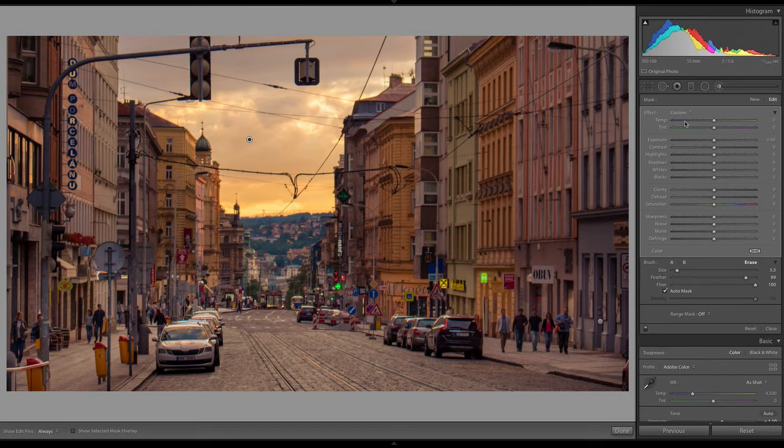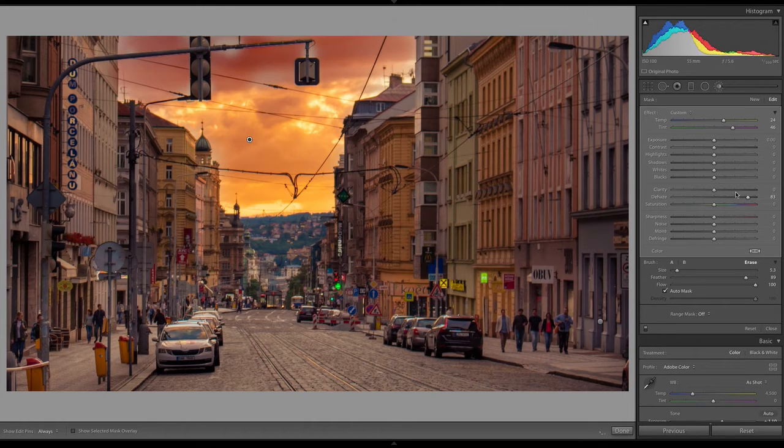And I'm going to either play with temperature or color to add even more warmth or more color to this sky. Now I'm not sure if I want more warmth with just the temperature slider. I might also want a little bit of magenta in there as well, because the magenta kind of balances with these buildings over here in that pink that we added with the split toning. So I don't want to go too crazy with it. I also want to play with dehaze. So I'm going to bring up the dehaze feature just a little bit so we could get a little bit more detail in the sky.